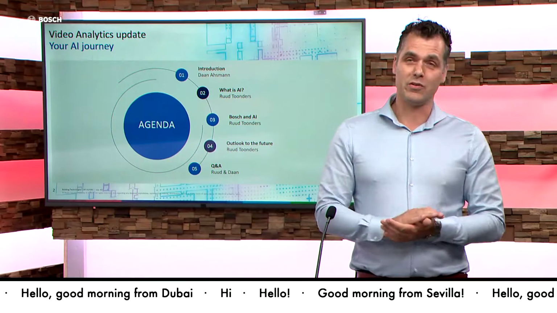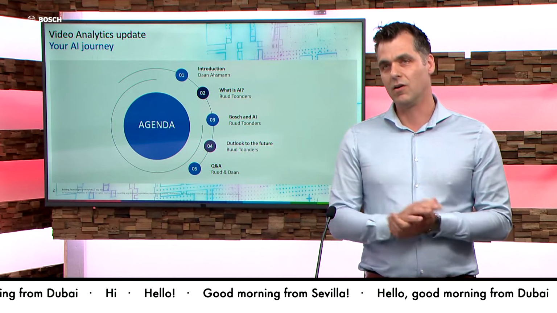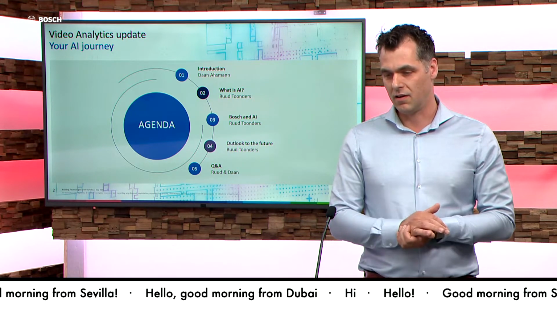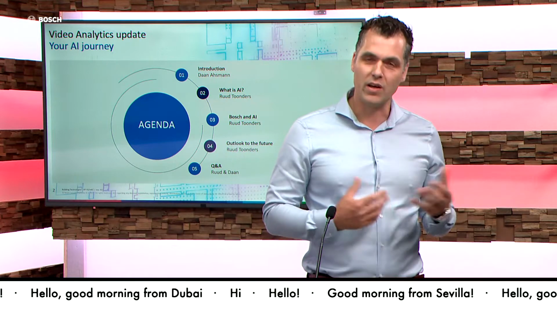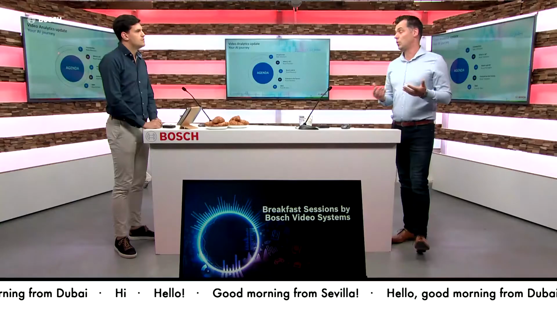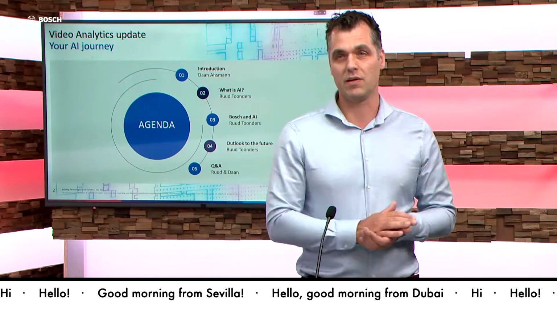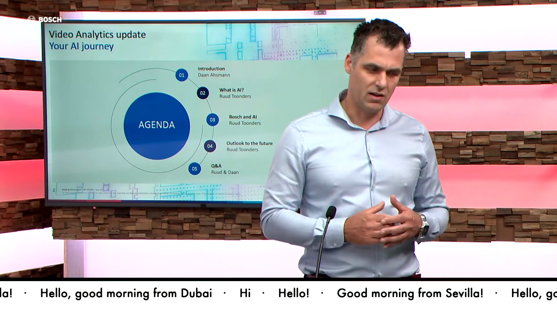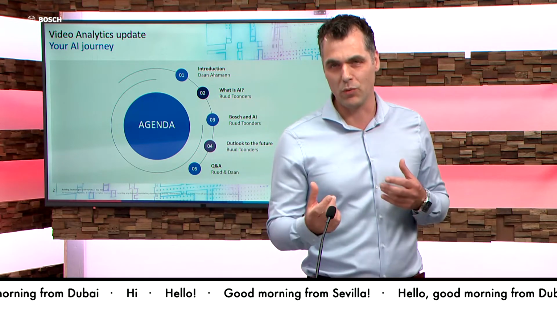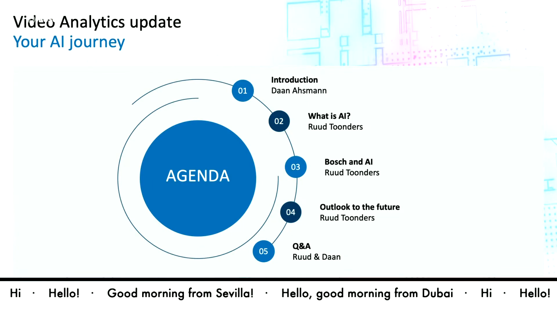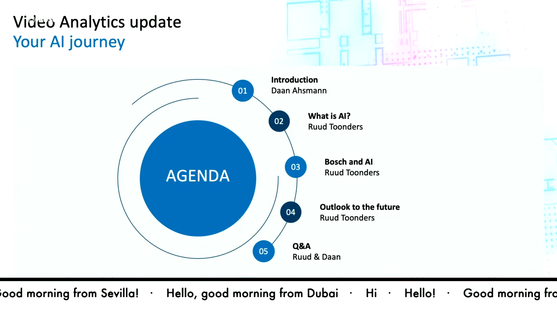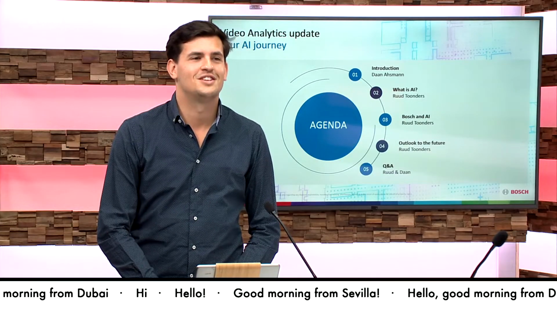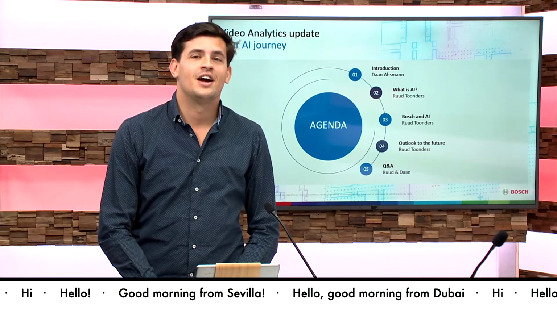Yeah, we're going to first of all talk about what is really AI and what AI is all about. Then we take a little bit deeper look into what Bosch does with AI and how we use AI to become better and more reliable on video analytics and what you can do more about it, right? So the predictive parts of it. And then we're going to look at an outlook to the future. What is coming, what are we still working on, and what is also particularly nice there. And then, afterwards, let's do a Q&A together. Exactly, because that is, in the end, the most important. I think we want to hear from you. What are the questions that Ruud can answer for you on video analytics and AI, artificial intelligence?